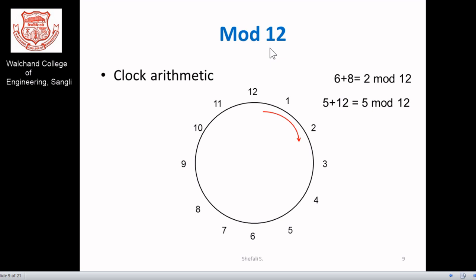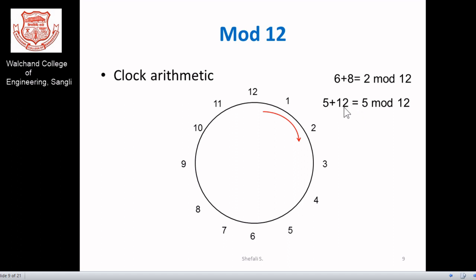Now again, concentrating on the mod operation. In this cryptographic algorithm, we have taken the mod operation as the major operation, because many of the algorithms we try to solve with mod. As we discussed, it's clock arithmetic, and a slight observation is there. Suppose I have 6 plus 8, which is 14. If you go for mod 12, it is equivalent to 2 mod 12.